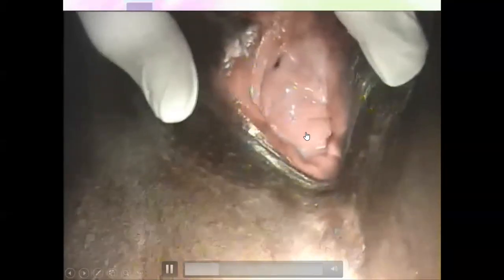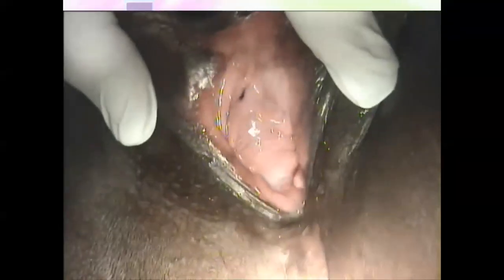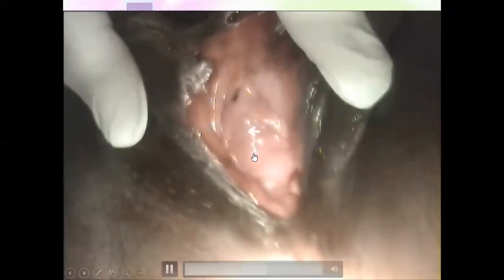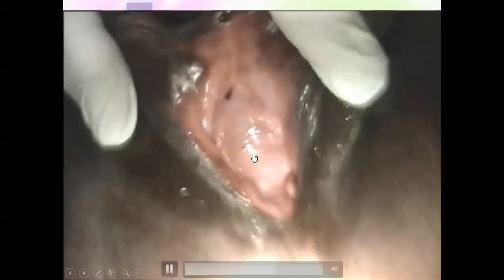If you've got a woman with lax perineum, with perineal damage, and some form of pelvic organ prolapse, like this woman who has got a urethrocystocele, if you ask her to cough, urine will come out. If you ask her to sneeze, urine will come out. Sometimes when she laughs, urine comes out. You ask her to cough, because there's a cystocele protruding here. This is some form of pelvic organ prolapse that this woman has.